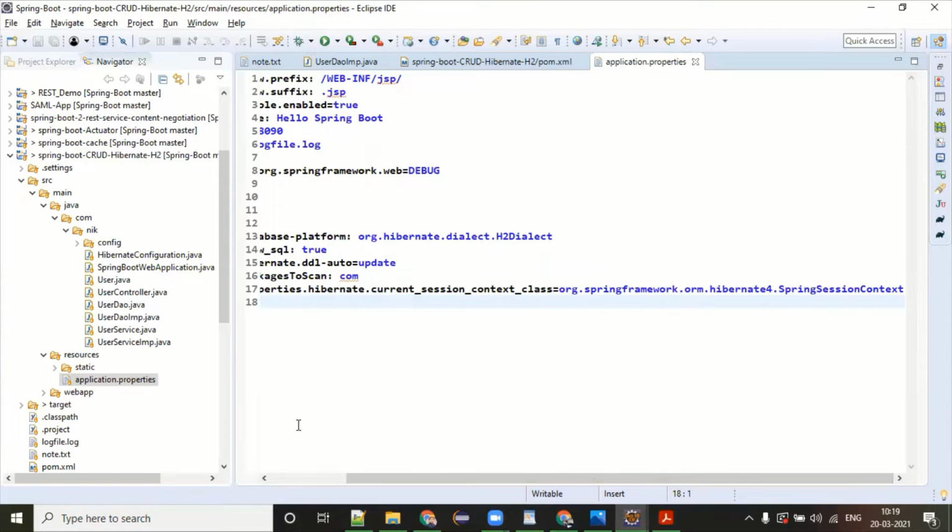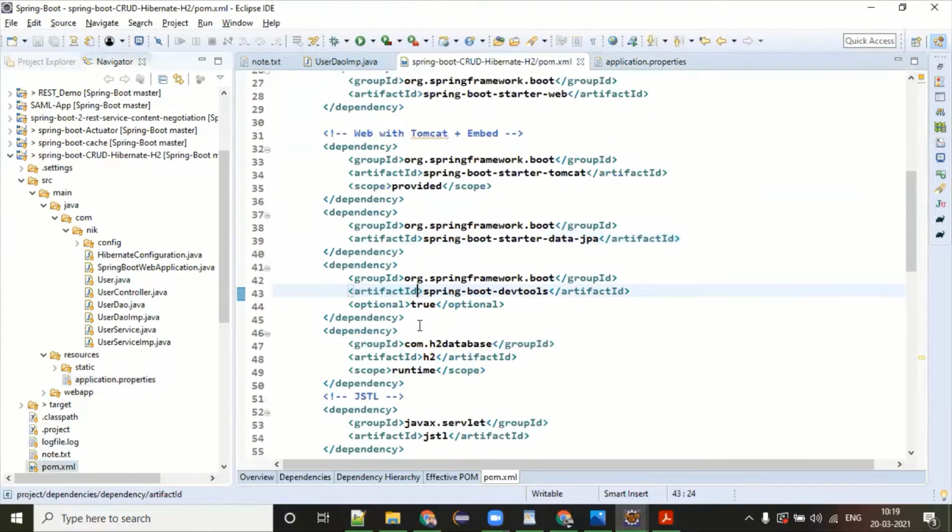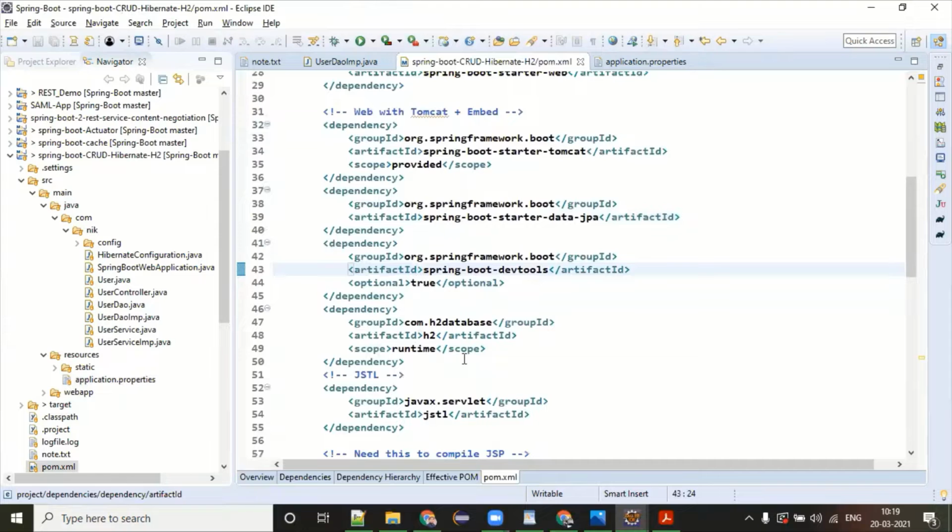So I have fed all the details related to Hibernate. I have not given the details related to my database because I'm using the H2 database, and the moment H2 is in my pom.xml file, the basic connection is automatically set.